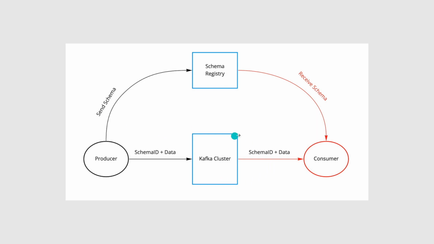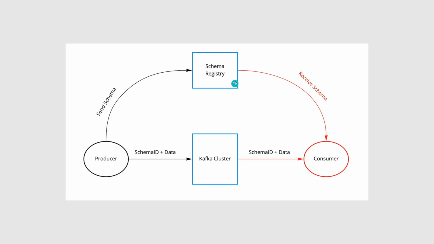So let's look at this diagram. You have the producer. It sends the schema to the registry. After that, it sends the information with the schema ID that it got from the registry and with the data. So then it's in this topic, and now the consumer can consume it with that schema ID and with the data, and it can go and ask the registry, okay, I got this schema ID that was added with the data. Can you give me the schema that's associated to the data that was just placed into the topic, so I know how to deserialize this information and understand what I'm going to do with it in my application?